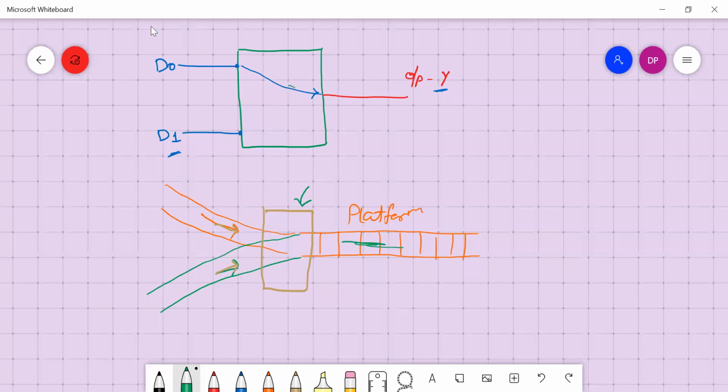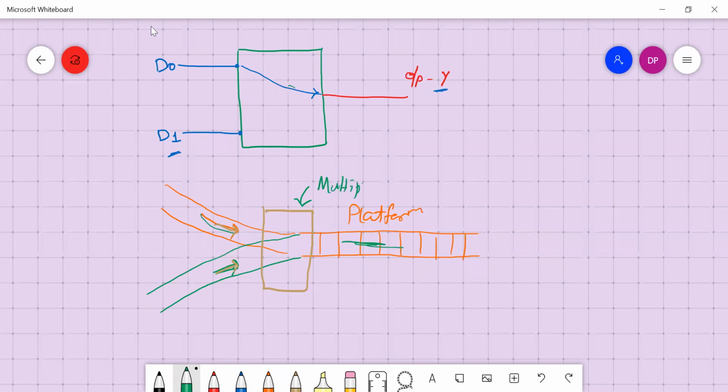What kind of device do we require over here, so that it takes care that only one signal, coming from either this orange line or this green line, is available over here? This type of device we call a multiplexer.